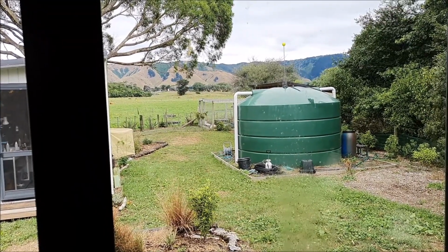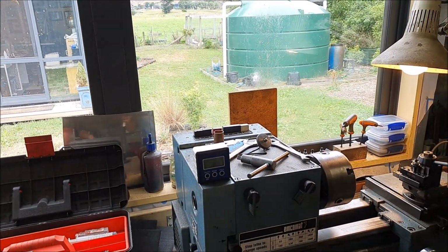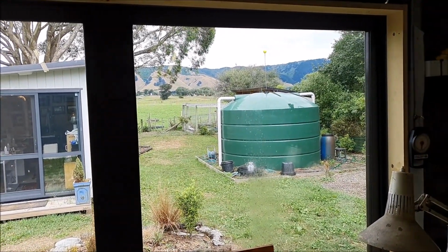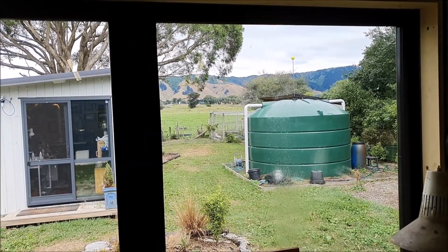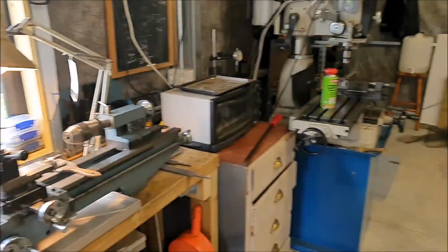I just couldn't be in here machining things, trying to get everything nice and accurate and to as high a degree of precision as I can or as I need, and be looking out there and seeing that float thing being all wonky. I just couldn't do it. So I went up there again today and fixed it. But apart from that, I have been